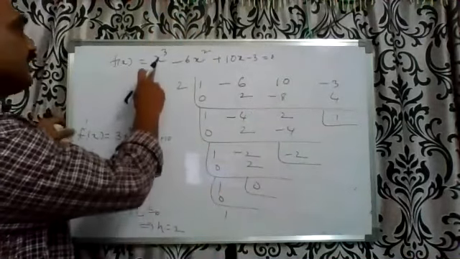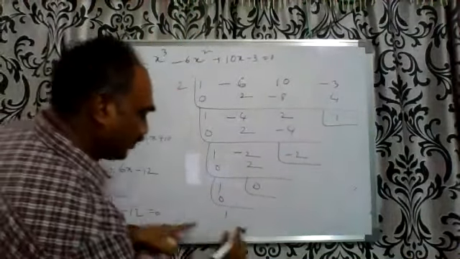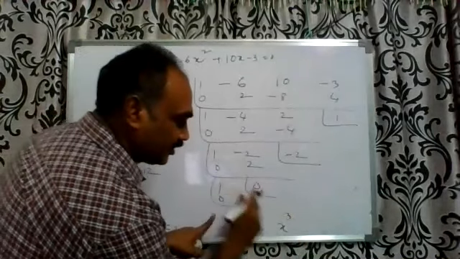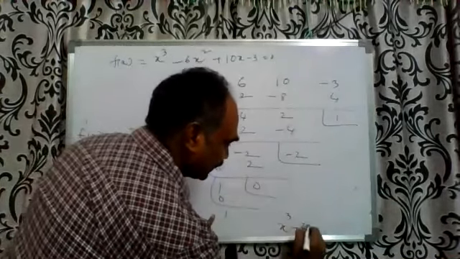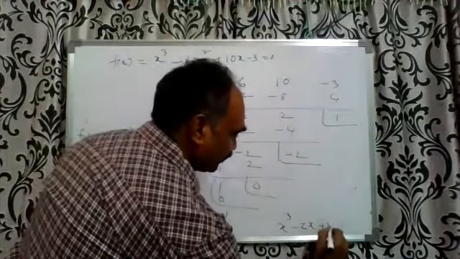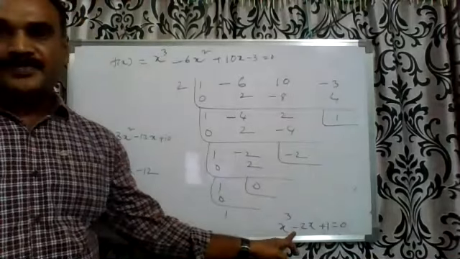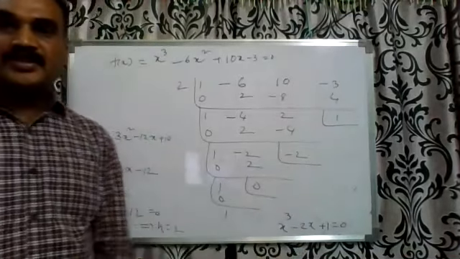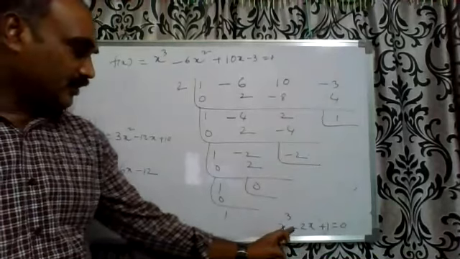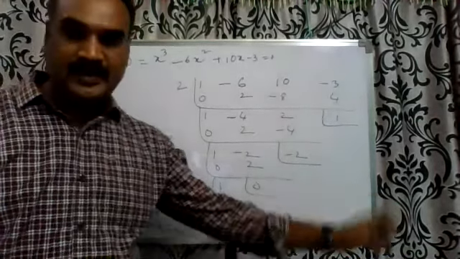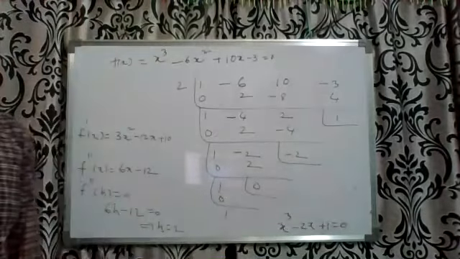This is the given equation: x to the power of 3, x square term 0, minus 2x plus 1 is equal to 0. This is the transformed equation. Here there is no x square term. We eliminate the second highest power, so we eliminate the x square term. So the x square term is 0: x to the power of 3 minus 2x plus 1 is equal to 0.